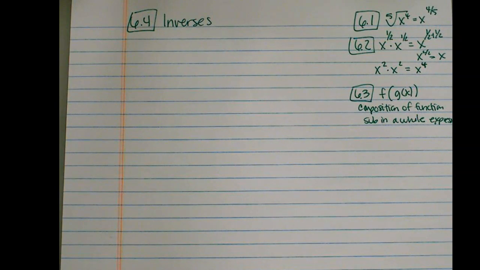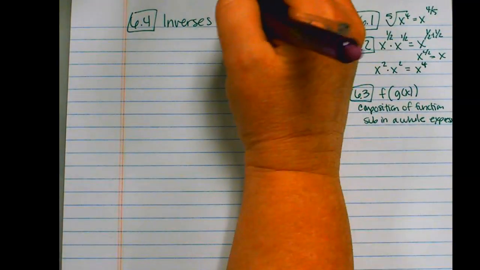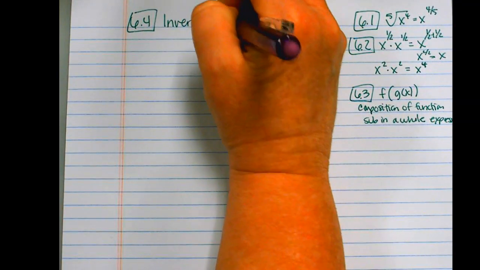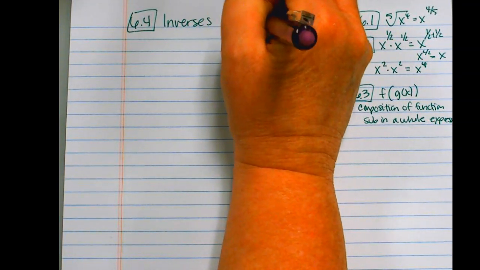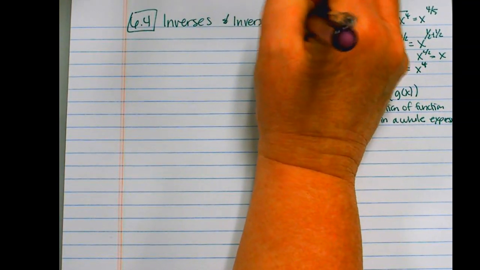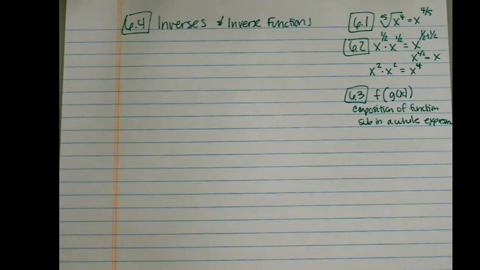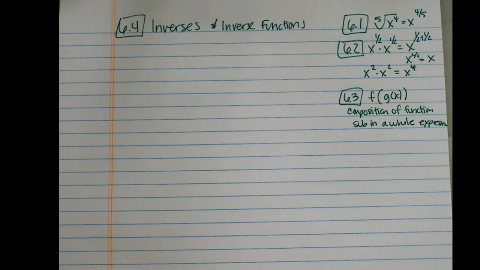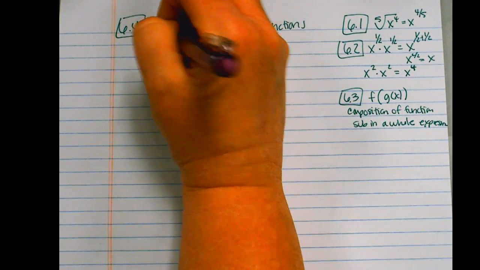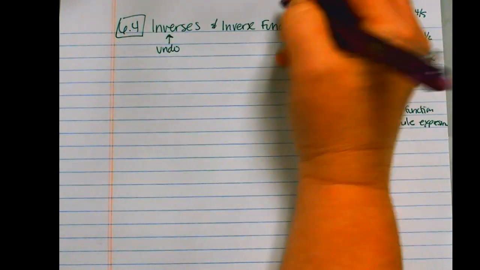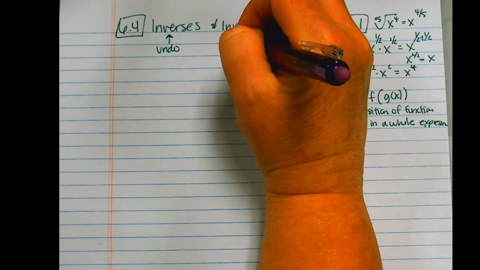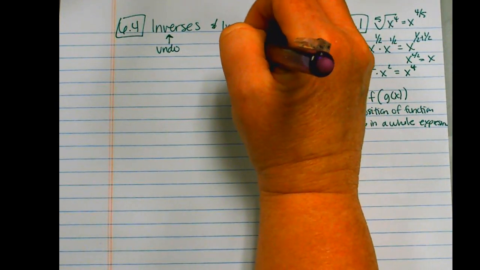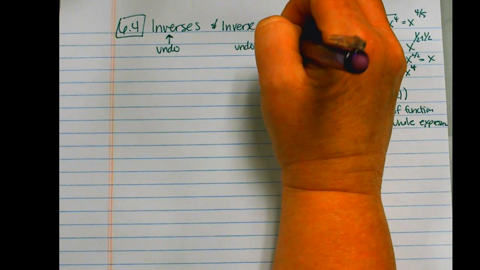All right, so let's look at inverses today. 6.4. Inverses and inverse functions. That's going to be our goal for today. So inverses are things that undo. Or it could be a whole function that undoes another function. So this undoes a whole